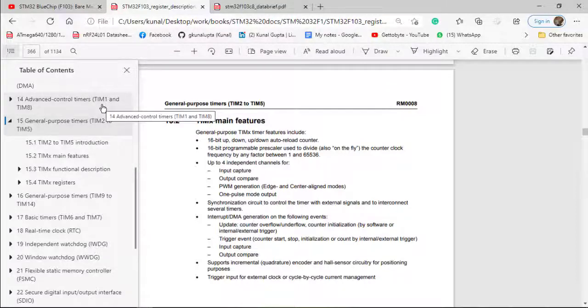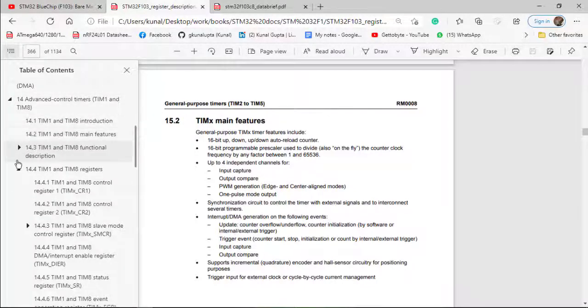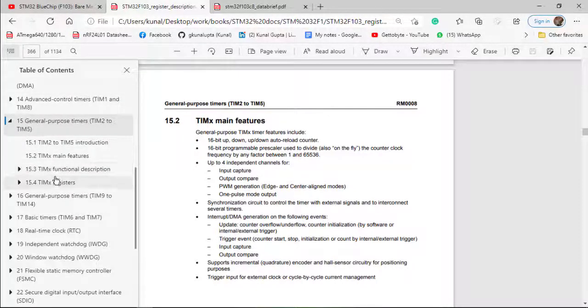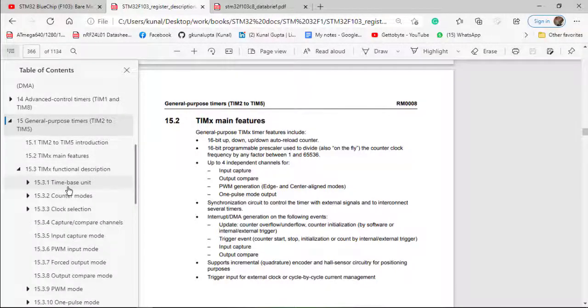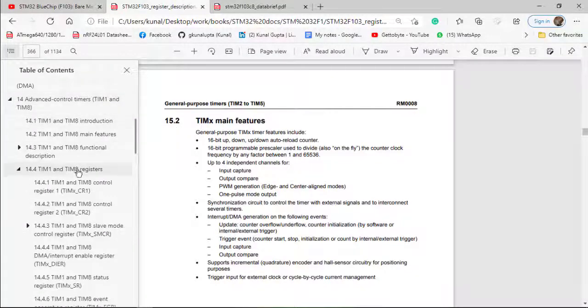Now, as I have told you, we will be going step by step, not covering all the things together in a single video. In this one we are first going to understand the time base unit. The time base unit is exactly the same in general purpose timers as it is in advanced control timers.